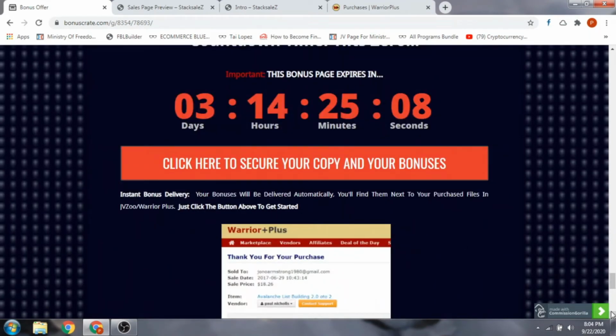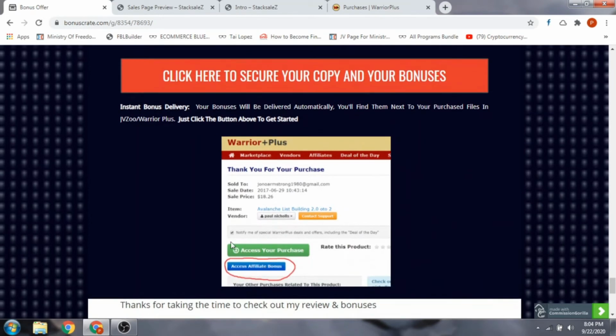Yeah, the receipt page will look something like this. All you have to do is press on the green button here to access your purchase, and down below is a button which says access your affiliate bonus. Here you're going to get access to this affiliate bonus. So this is where you can get the bonuses. You don't have to send me your receipt to get this email ID. You don't have to send your receipt or show me the proof of purchase and all that. You're going to get it automatically the moment you purchase this.